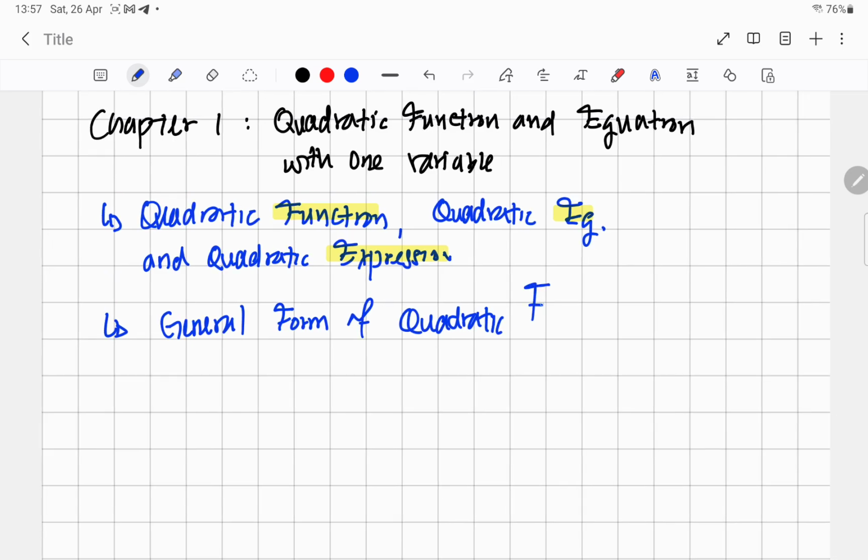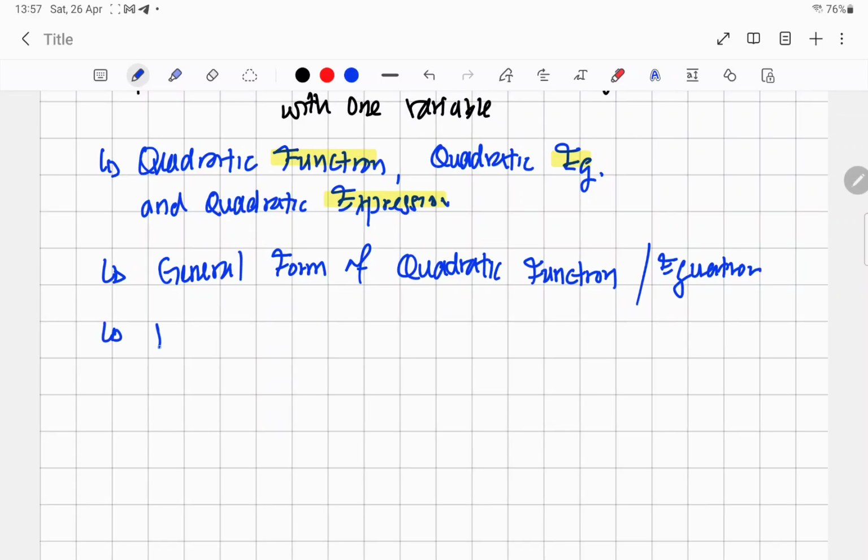Of the quadratic function or the equation, they are both the same thing. The general form is the same no matter what type it is. And also we will see how to read the roots and the y-intercept